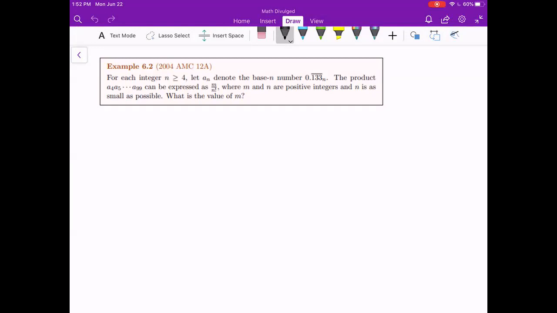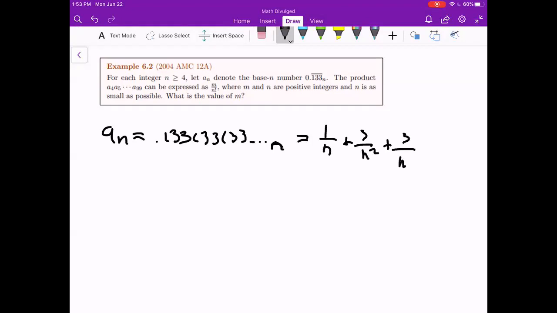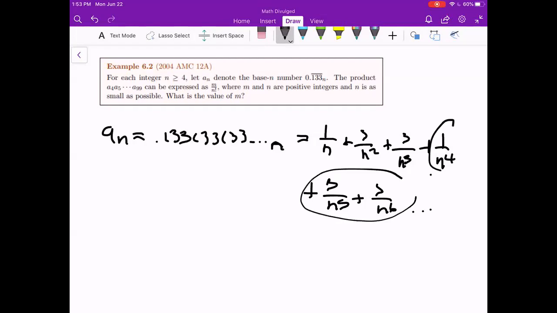So for this problem, let's first come up with a way to write a_n. We're told that a_n is equal to 0.133133 in base n. If we write this out as a fraction, this is equal to 1 over n plus 3 over n squared plus 3 over n cubed plus 1 over n^4 plus 3 over n^5 plus 3 over n^6. And basically you'll realize that these three terms are just the first three terms each multiplied by